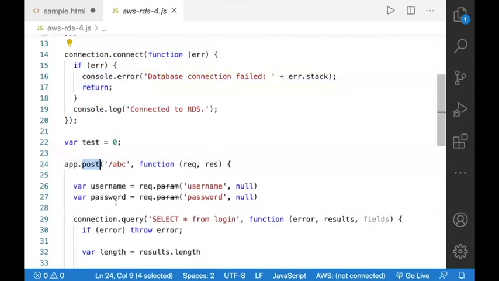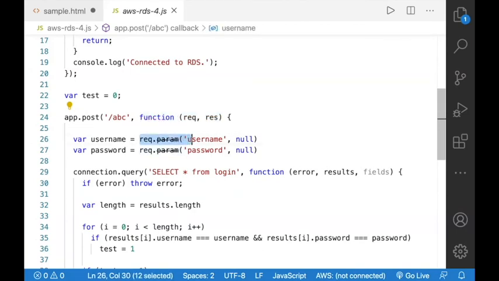Then the app.post method listens on a particular port and services all the post requests. This is the router information, /abc, and a server function with two parameters, request and response.